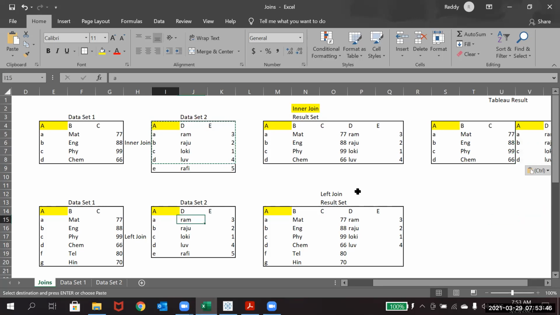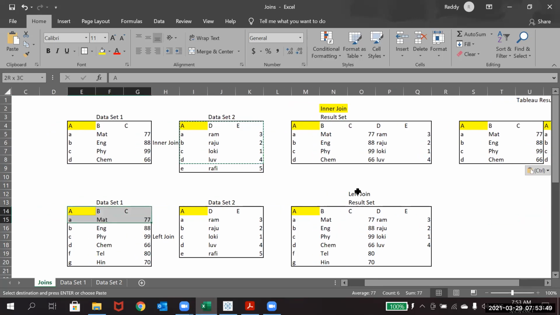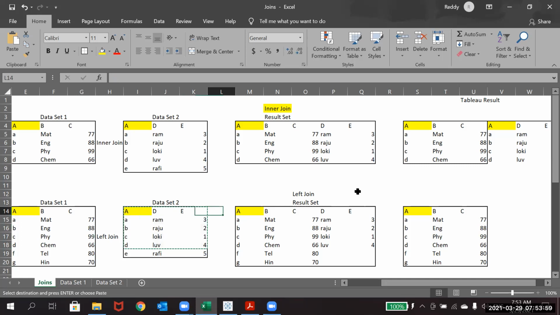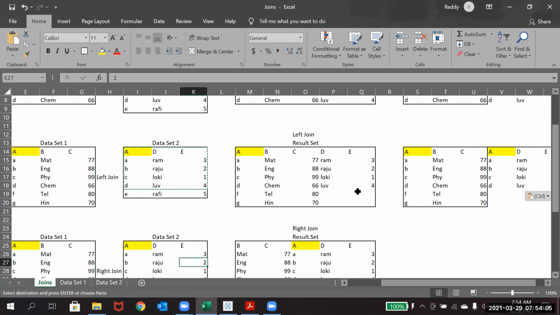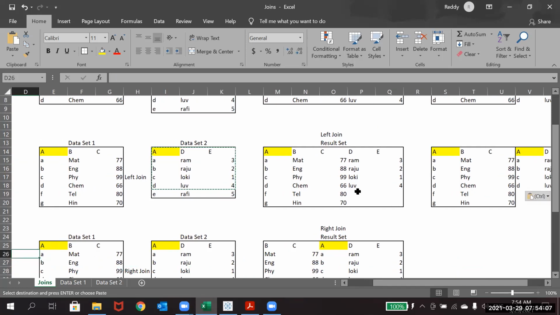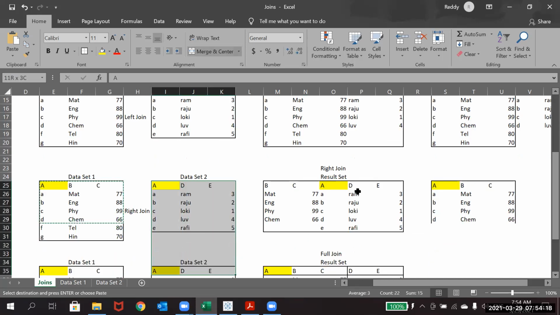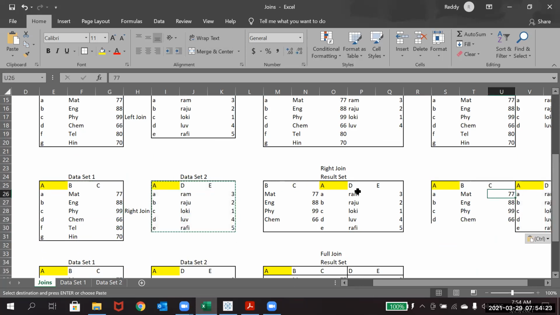This is the inner join. Left join. Right join.